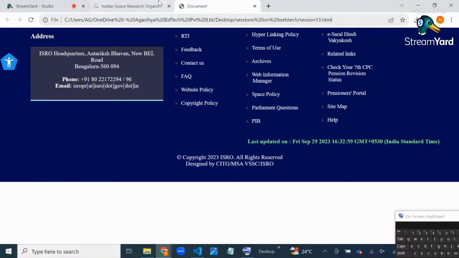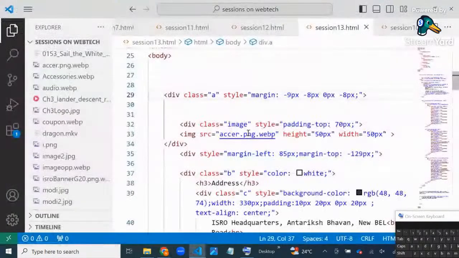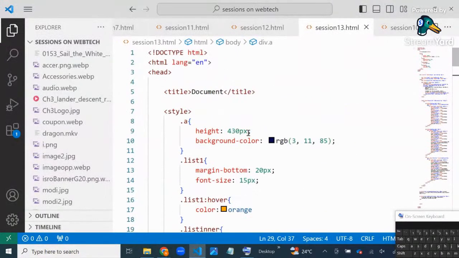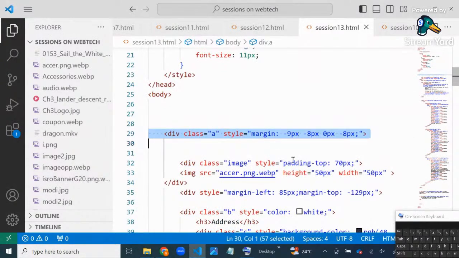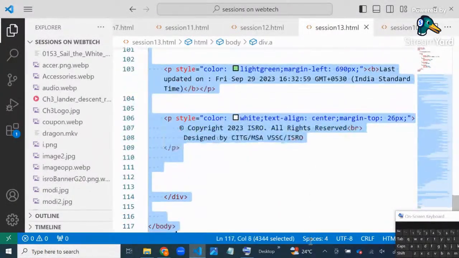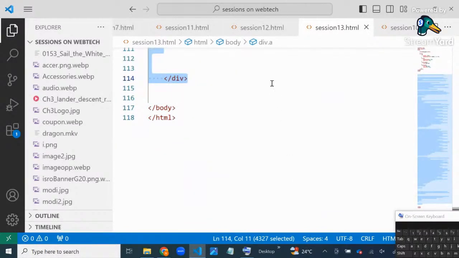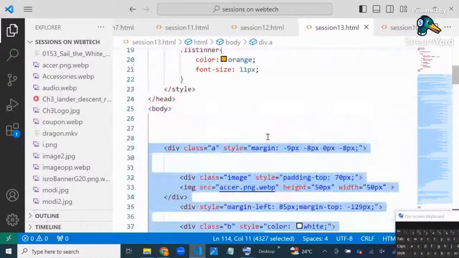All right, so what you do is, come here and select all these things. If you can do it now, you can do it now, or else I will just copy and show. I have copied all the